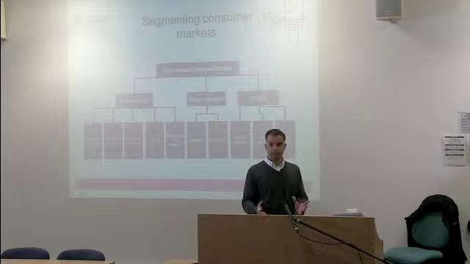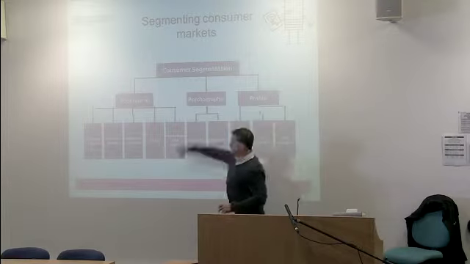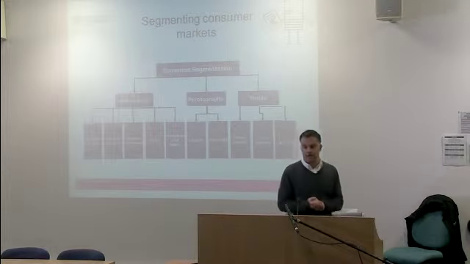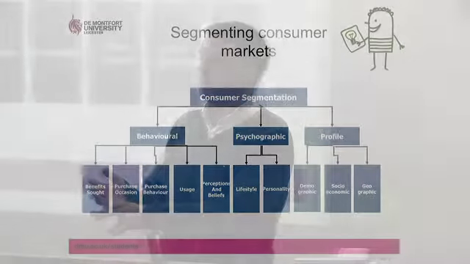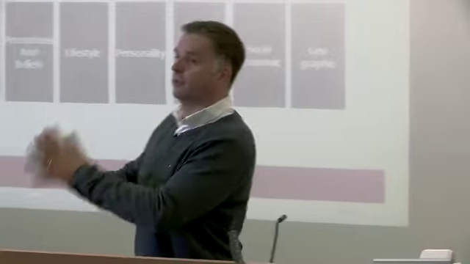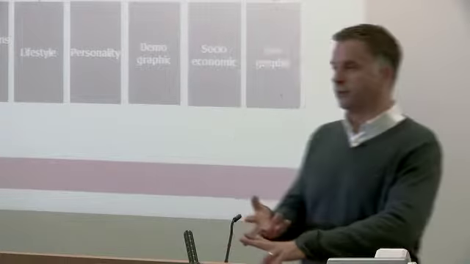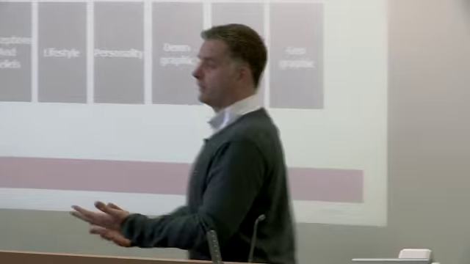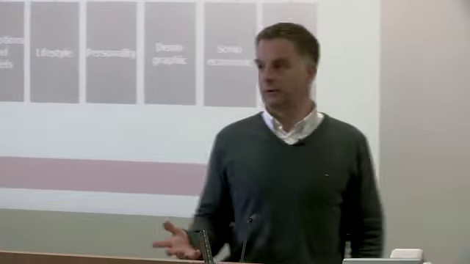Happy with that? Good. So what we do is look at it from three generic points of view: behavioural aspects, psychographics and profile. Profile is the easiest one to describe. So we've got demographics, measurable statistics about people. We can identify our customers through measurable statistics: gender, age, ethnicity, whether they've got children or not. All those things are easily measurable.